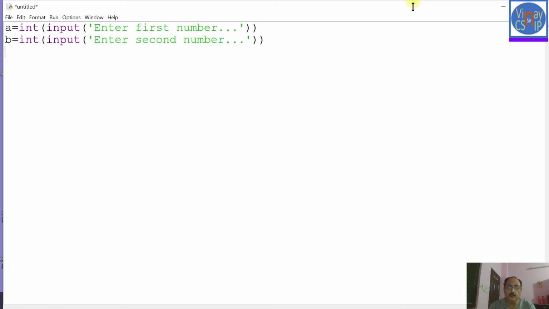So I'm going to use a condition here. I have some relational operators like less than, greater than, less than or equal to, greater than or equal to, and double equal to, and this double equal to is for equality, and not equal to, which I'll be teaching you in detail when I teach you the syllabus.